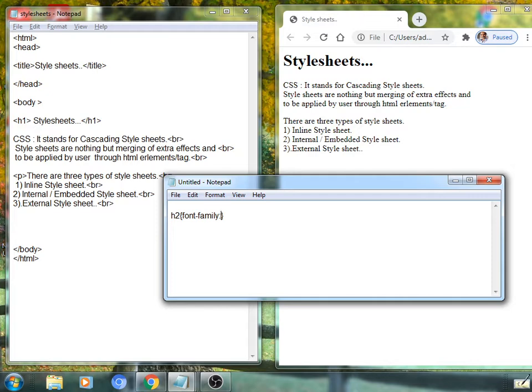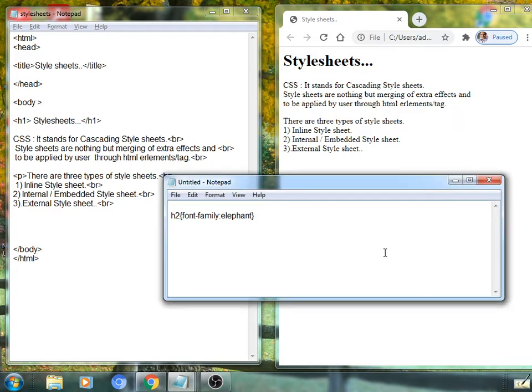The value for font-family will be any font name you can apply here. Suppose I want to apply Elephant, the name of a font, and its effect will be observed.